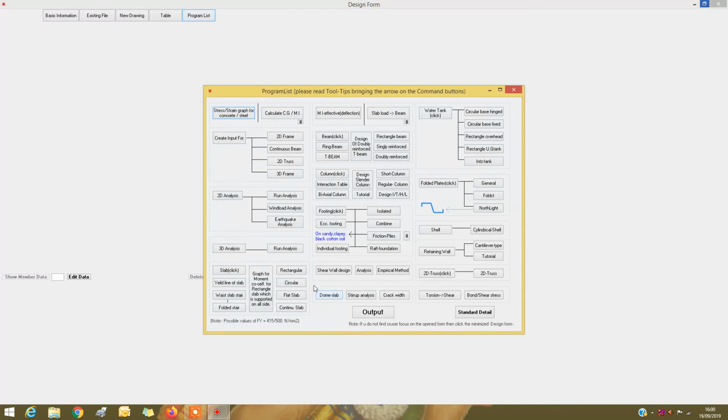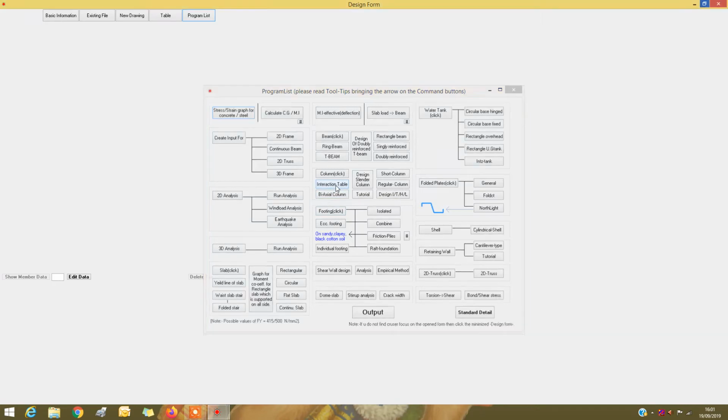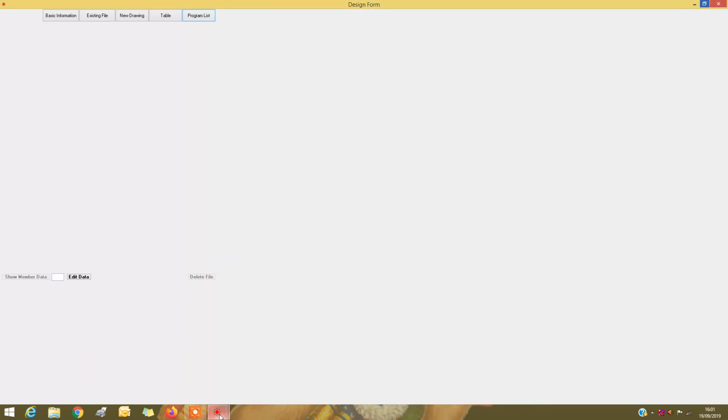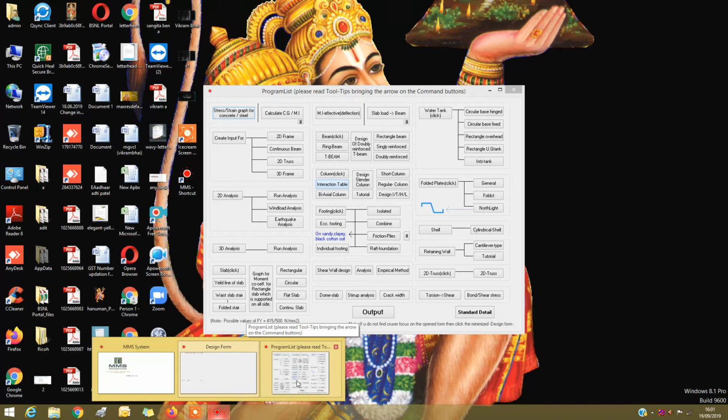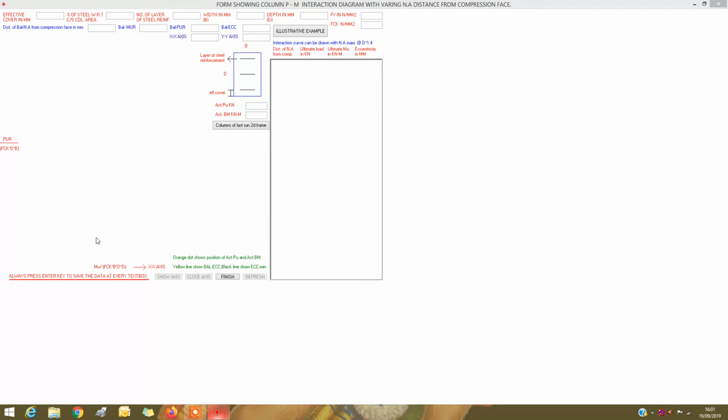Now after that you can come to the column section. You can open this table, interaction table. Right over here, we have 10 columns in the particular frame. Say we want to design column number 4. Click column number 4, then this program will assume a particular effective cover,